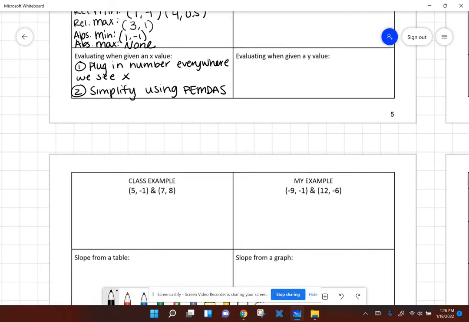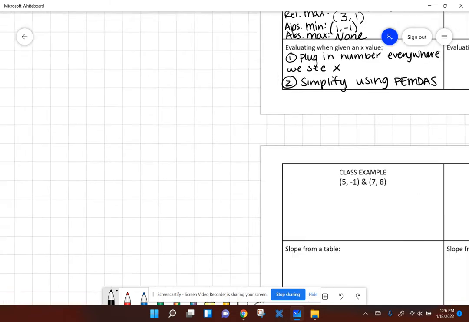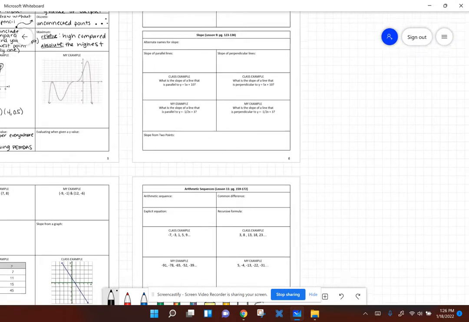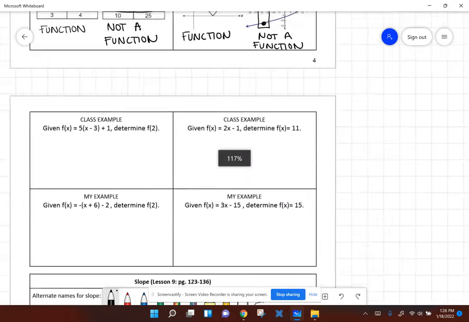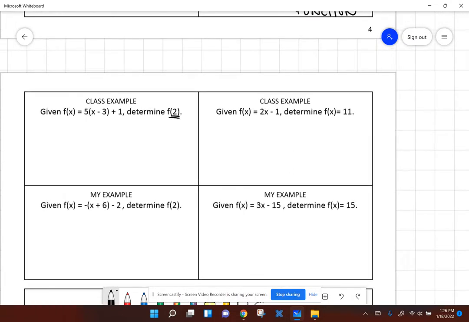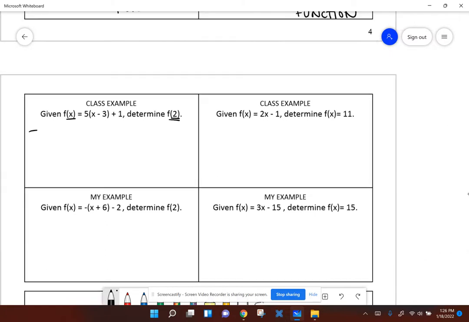So if we take a look at this class example here, mine might have disappeared. Nope, it's right here. Right here, they've given us an x value of 2. So everywhere I see x in this original problem, I'm going to replace it with 2. So here and here. So this is going to become f of 2 equals 5(2 - 3) + 1. Then we're going to use PEMDAS to simplify. So recall that PEMDAS